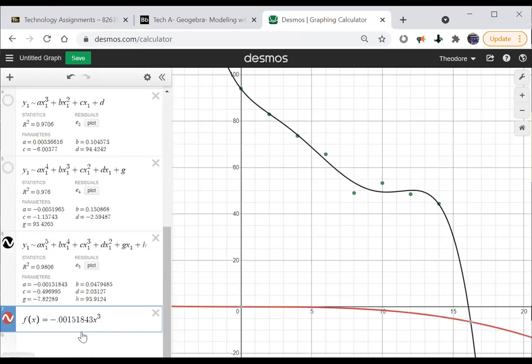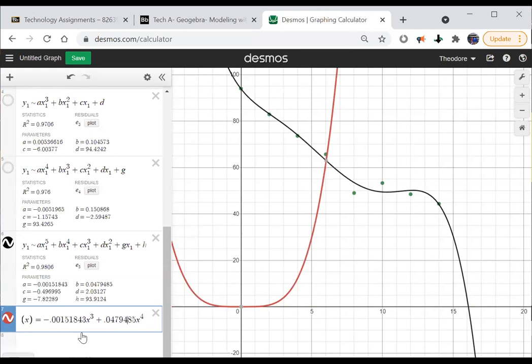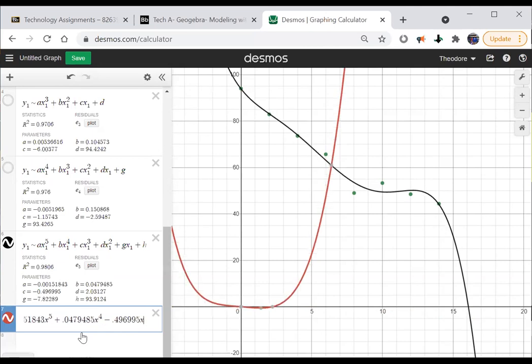So now we're going with regular equal signs, regular x's, none of this x1 business, no tildes, nothing like that, right? So plus 0.0479485 x to the fourth. Sorry, I wrote x to the third, I meant x to the fourth. Let me just go back. So then minus 0.496995. I'm just putting the whole decimal in. x to the third